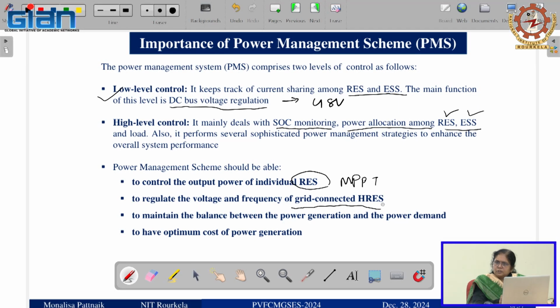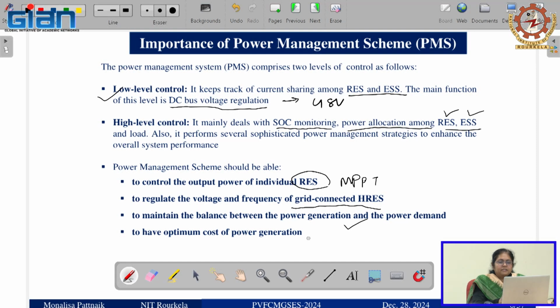We are not going to cover that in this course, but in the third step we are going to see the power balance between the generation and demand. I already told you the storage plays the role by storing it. That is the main storage, not the supercapacitor which is additionally added to give support during the transient operation. I am talking about this battery, which is responsible for all modes of operation, during the steady state as well as the transient operation.